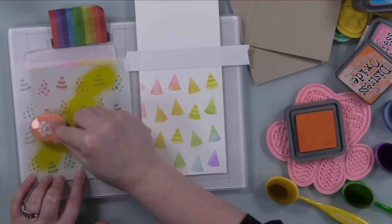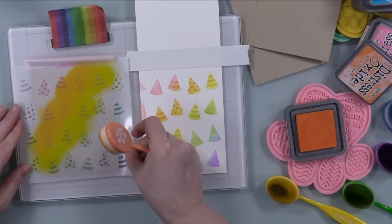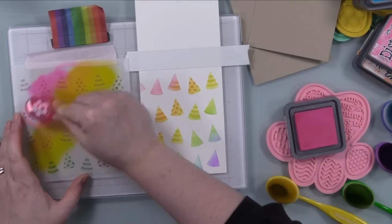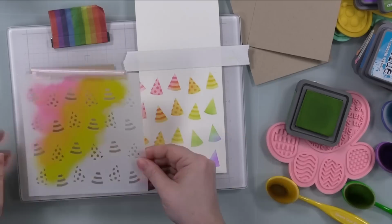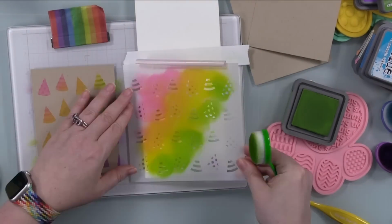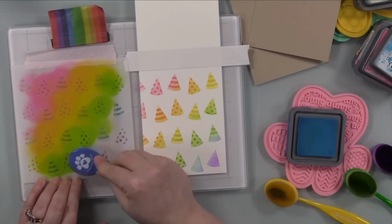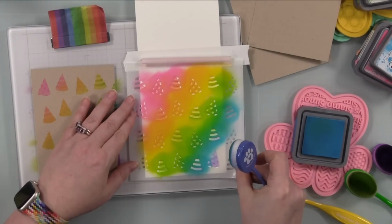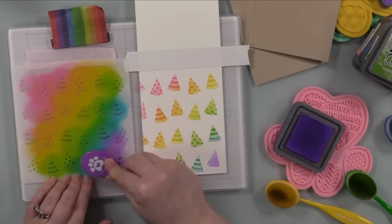But I just went in with inks, doing the same thing, you know, working my way back and forth. I have a roll of PIXIE tape, and I just use a piece to hold the stencil down to my glass mat as I'm moving it back and forth, and everything's working. I'm also not worrying too much about getting everything lined up perfectly, because they're so cute. I'm of course going to add some splatter, so any little mistakes I make,